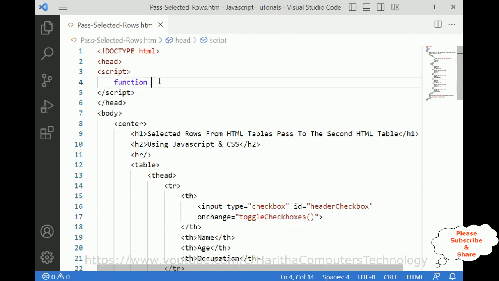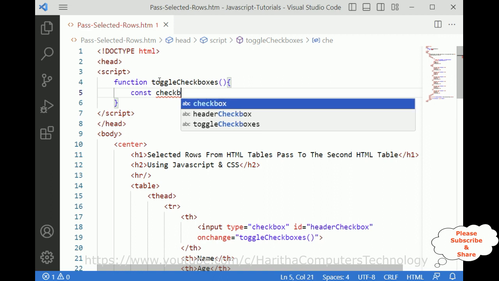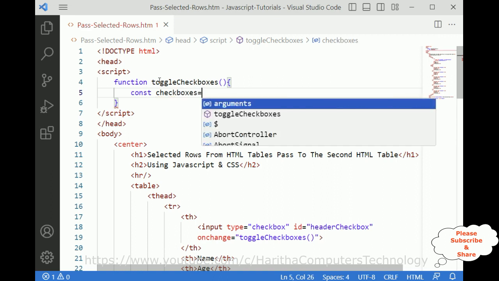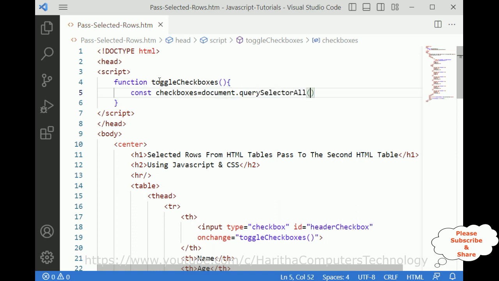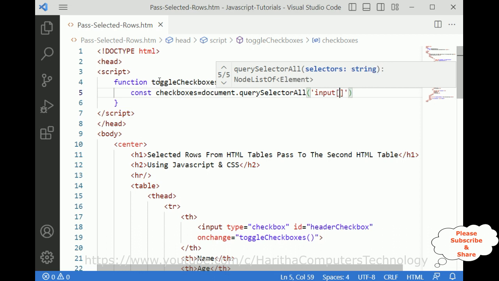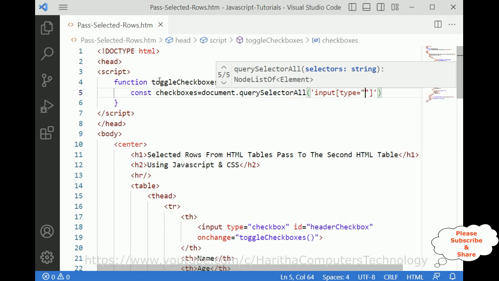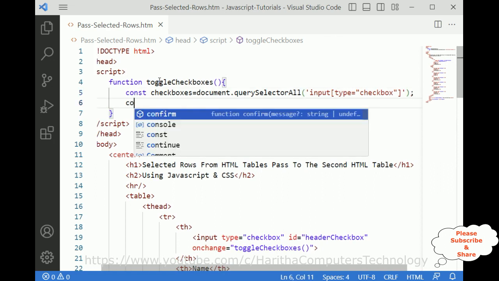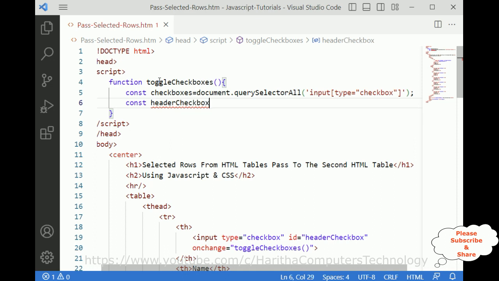I'm adding function toggleCheckboxes. Then I'm defining one constant variable, checkboxes, equals document.querySelectorAll. First I'm selecting all the checkboxes contained in the header column. Input type equals checkbox, with double quotes, checkbox is the element name. Then const headerCheckbox equals